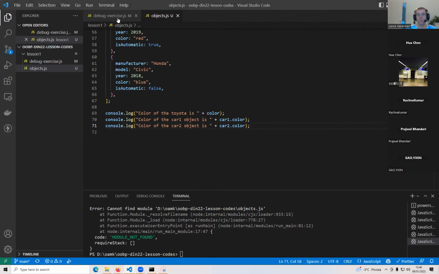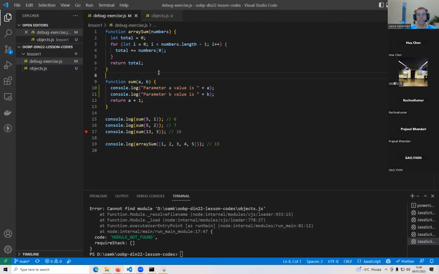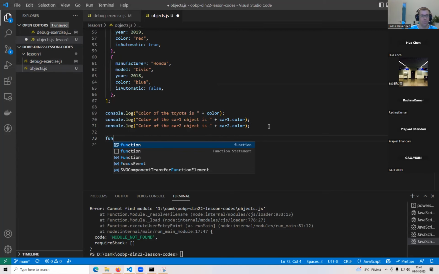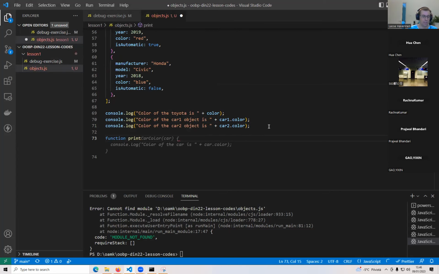Okay, so earlier we had this debug exercise and we had this function sum. We had here the A and B, and the expectation was that these are now numbers. So you know how to pass variables to a function as a parameter. Of course, you can do it with an object as well. So if I would like, for example, to write print car color,